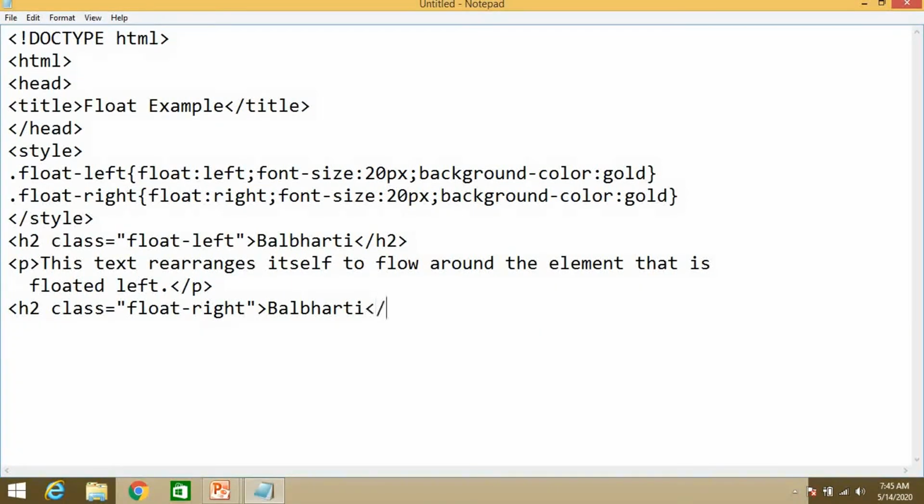Close the h2 tag, then paragraph. This text rearranges itself to flow around, same thing, but just write right there.